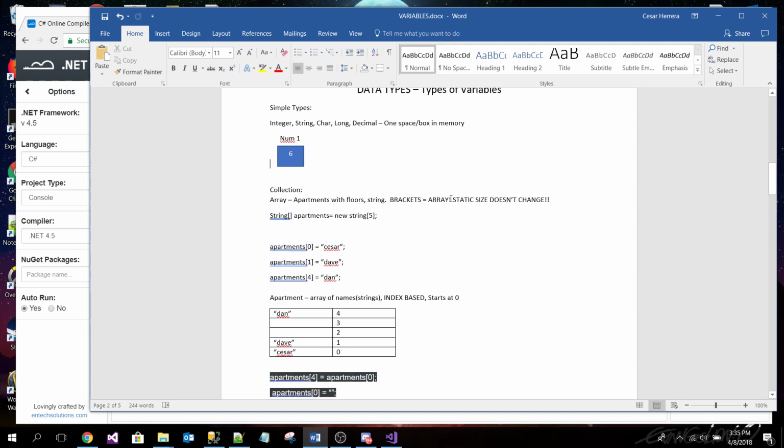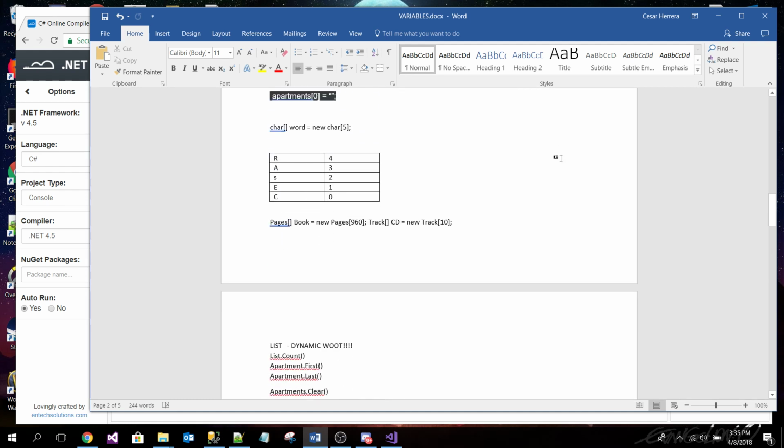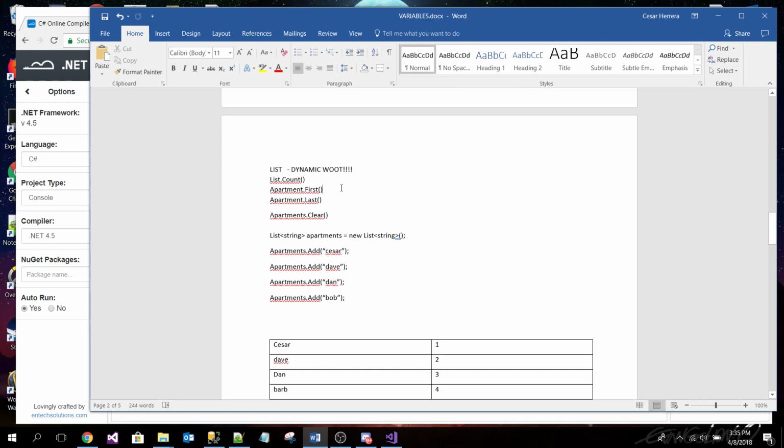And what is the index of the first place, the first floor, or the bottommost floor, or the first item in an array? What number is it? It is 0. That's right. So it's a basement. So the index base is 0. Beautiful. And we have an array, and then we have a list. So remember, this is dynamic, and it's a pretty powerful thing because it comes with built-in methods and functions that you can use to do all sorts of stuff with it, right?